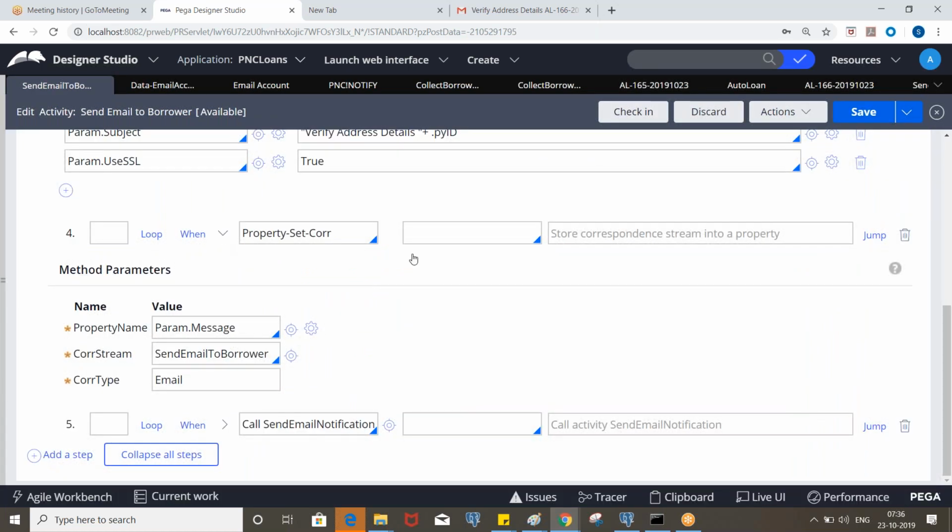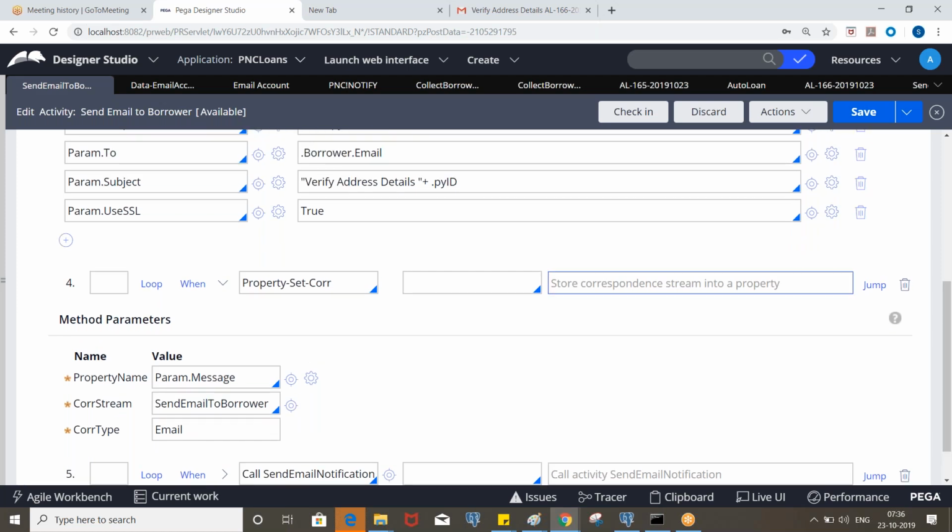If you are not passing the section or passing the properties, here also you can put it. And if you are not editing the text, if you're not using any format, font or color, directly you can put here like param dot message, and here the property, like borrower dot first name, and you can enter some static text, but you cannot call other rules like section, paragraph, and all. Okay.